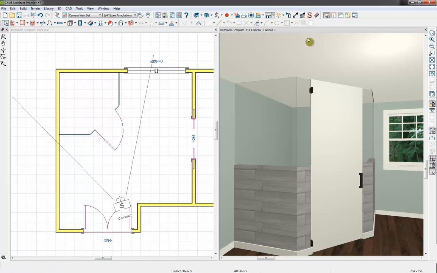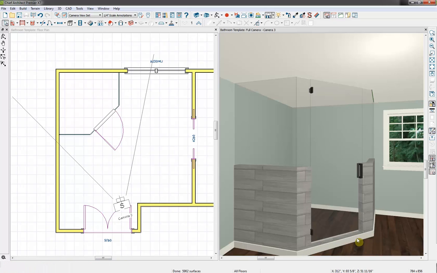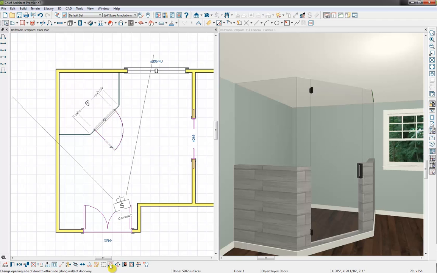Then I'm going to select this camera view where it will allow me to grab the material. So I'm just going to grab this tempered glass material and we're going to paste it onto this object here. Then I'm going to pull this up from the bottom, which is going to create an automatic sill for us. And I want to grab this door because I want to change this door over to the other side. And then I'm going to reduce this, and we can show the door open so that it's just slightly ajar